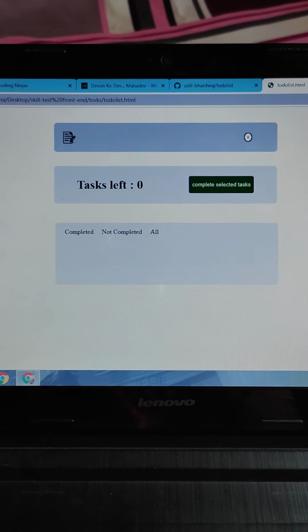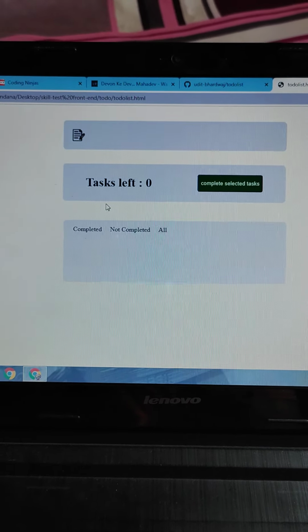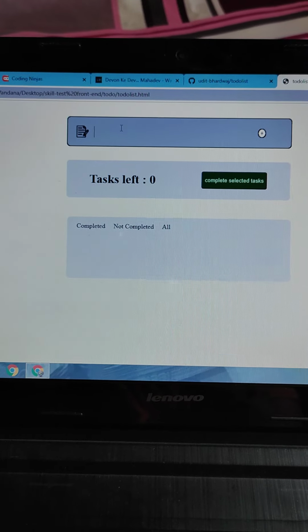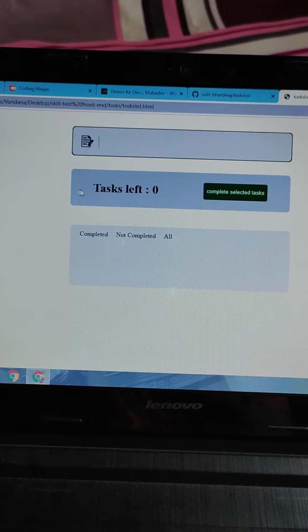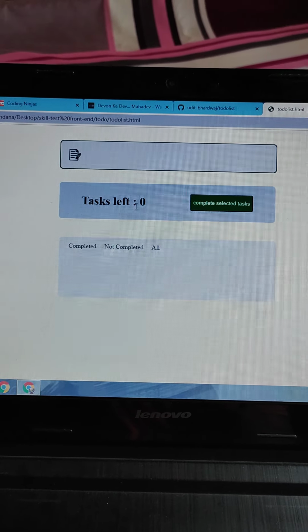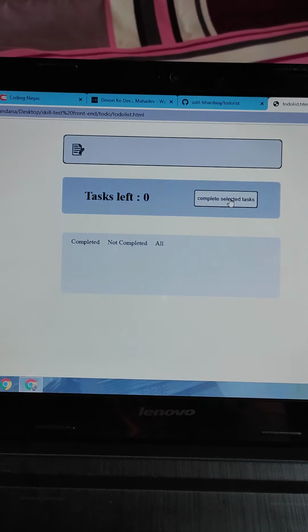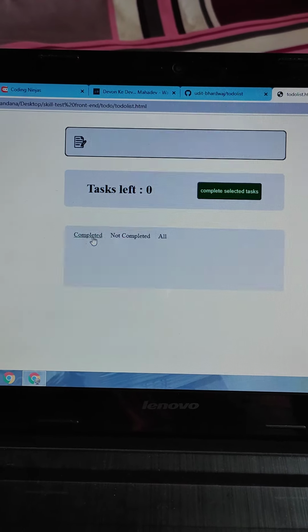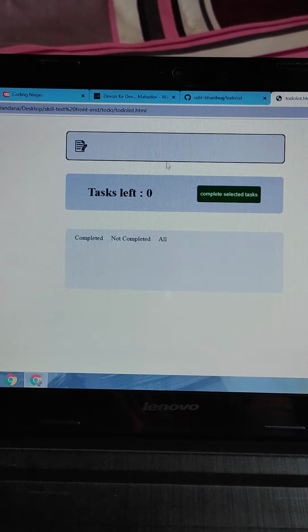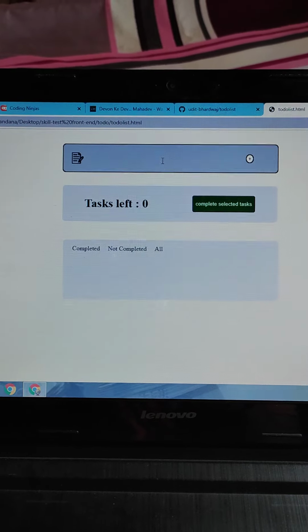So in this to do, there are three sections. One is the input field, and one is this section which shows the tasks which are incomplete, and this is the button to complete the task. And in this section we insert our to do, like when we insert